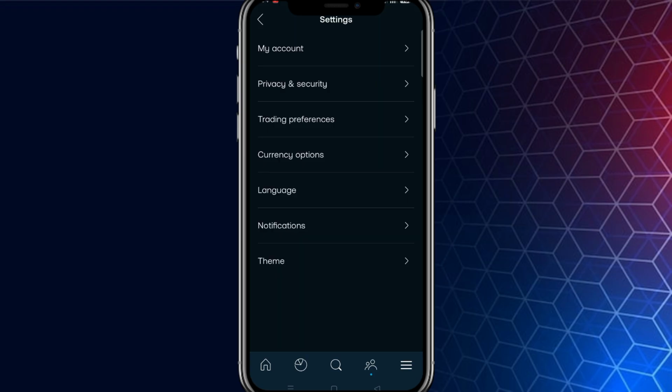That's how you view your account details on Trading 212. By following these simple steps, you can quickly access and review your account information whenever you need to. Remember, staying informed about your account details is a key part of effective trading, so be sure to check this